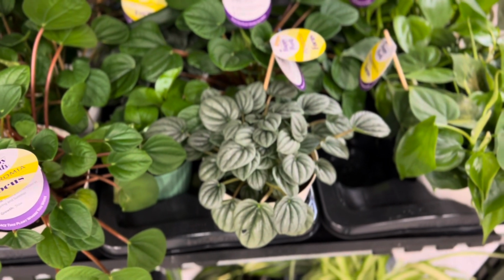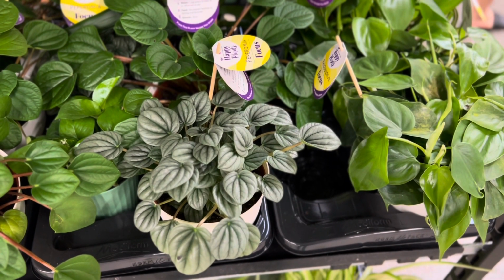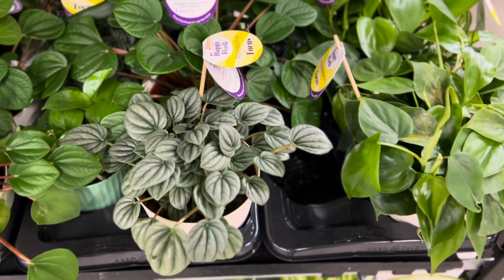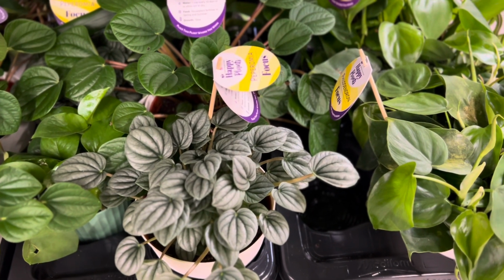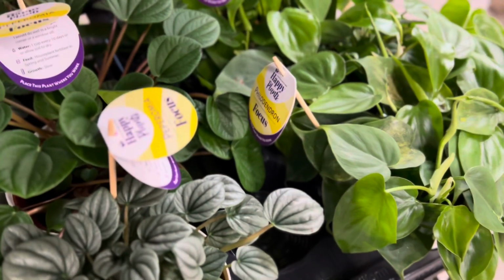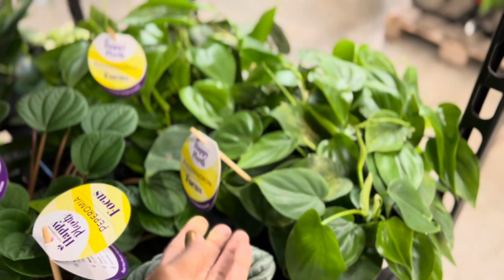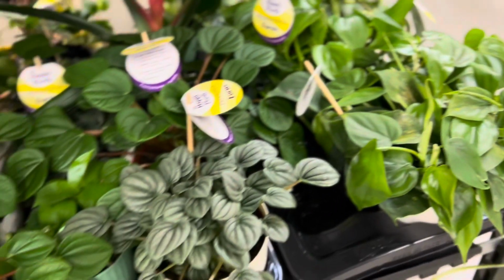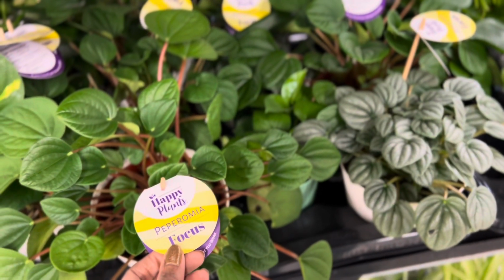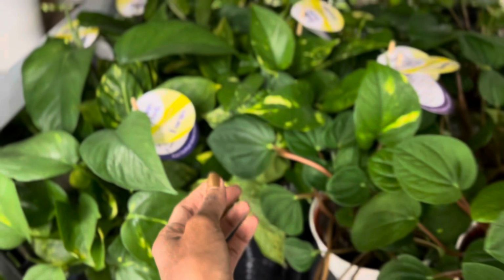I'm trying to show you the different plants, and I will go back and show you the labels because, see, that one says peperonia. Isn't that gorgeous? If you can keep a peperonia alive, there you go. This one is a different type of plant. Okay, you see the label there. And that one says peperonia,